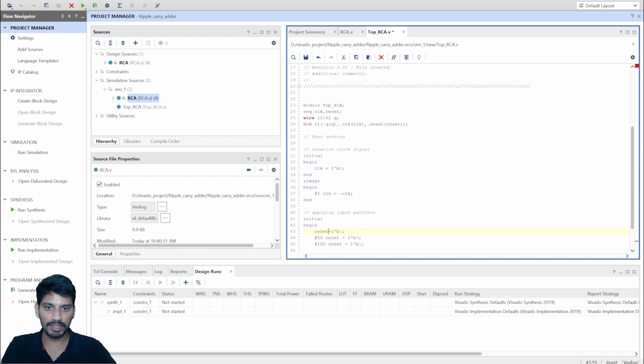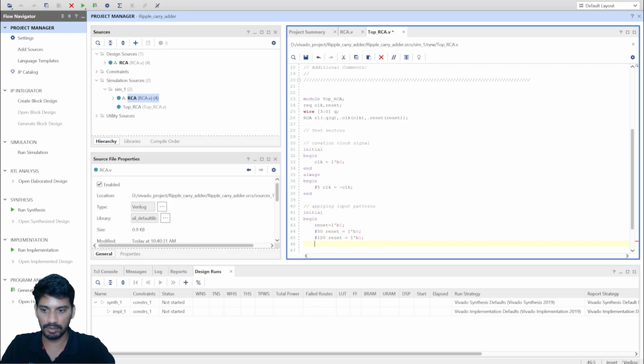Here the only input is reset. I am controlling the ripple carry adder by using an asynchronous input called reset. Let's end this